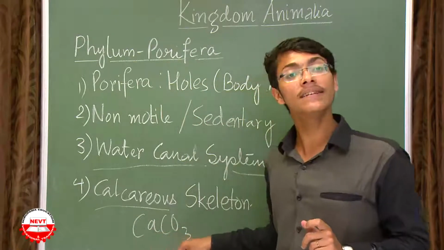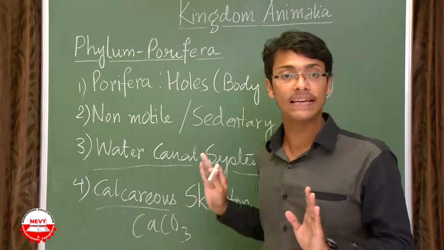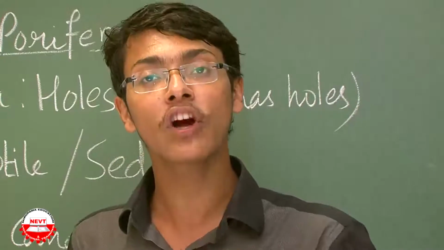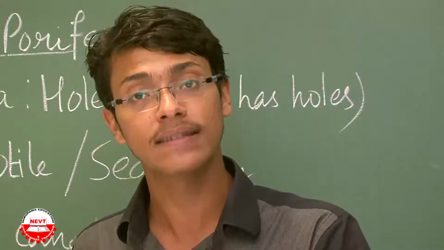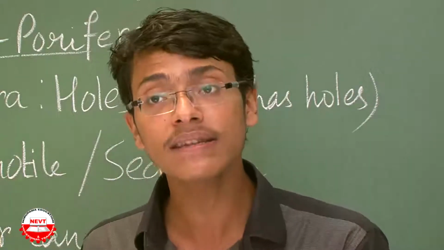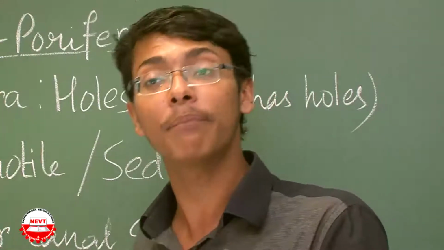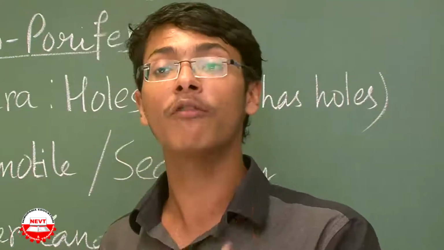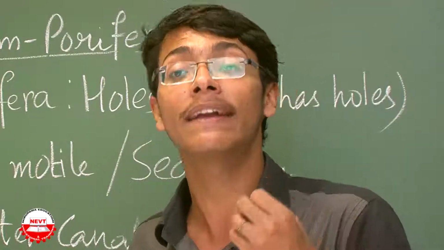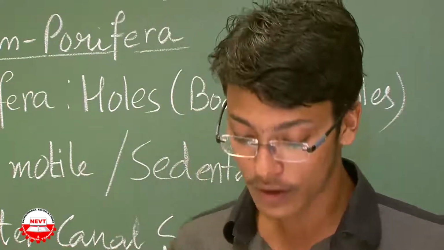Calcium carbonate or CaCO3 is the constituent of this calcareous skeleton. That skeleton forms the outermost covering of the organism, thus giving the organism protection, mechanical support as well as defense against the predators. I repeat once again, a calcareous skeleton made of mainly calcium carbonate. It provides protection to the organism, it provides mechanical support to the organism as well as helps the organism to get defense from the predators, or those who feed upon them. Okay. Now,